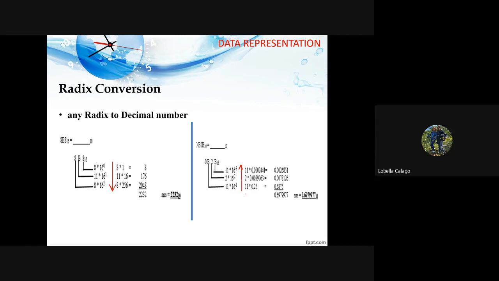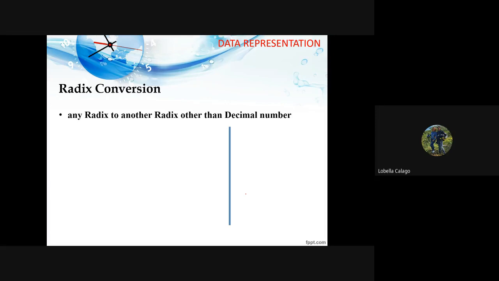Now, we go to any radix to another radix other than decimal number. So, ang category 3, we're not dealing with decimal, yung base 10. So, ibig sabihin, hindi given yung base 10 at hindi hinahanap si base 10. So, yung base 2, base 8, and base 16 lang po ang gagamitin natin. This is category 3. So, it means that